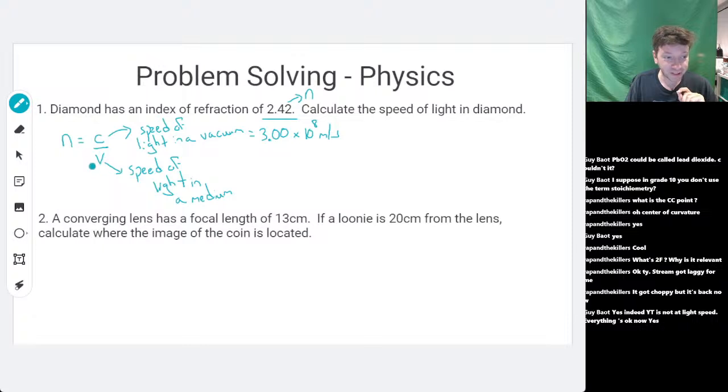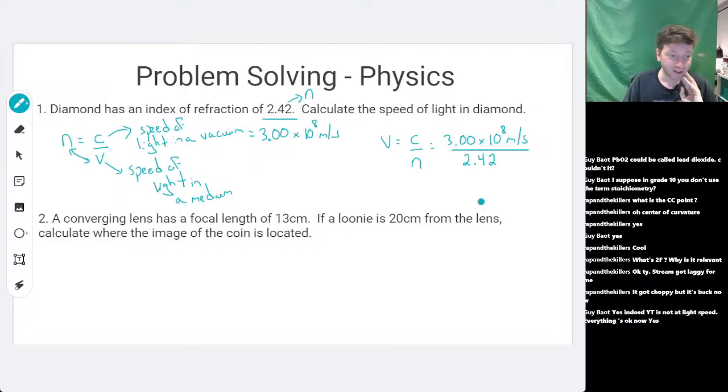Now, if I need to rearrange for v, all I'm going to do is a little cross multiplication switcheroo here, and I'm going to write it as v equals c over n. Okay, now another place where students get messed up is the exponents and working it on their calculator. So here's a couple hints. Times 10 to the 8, let me just write this in, over